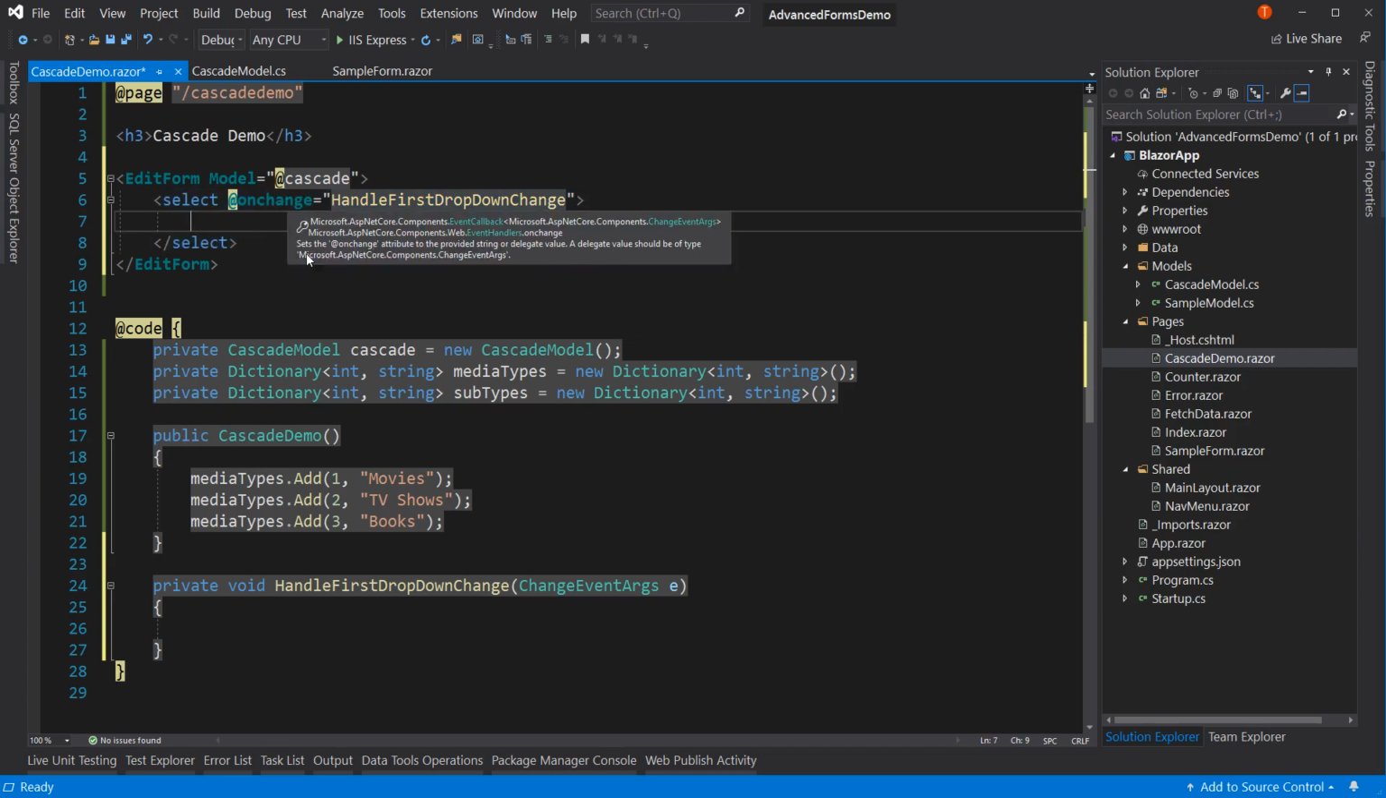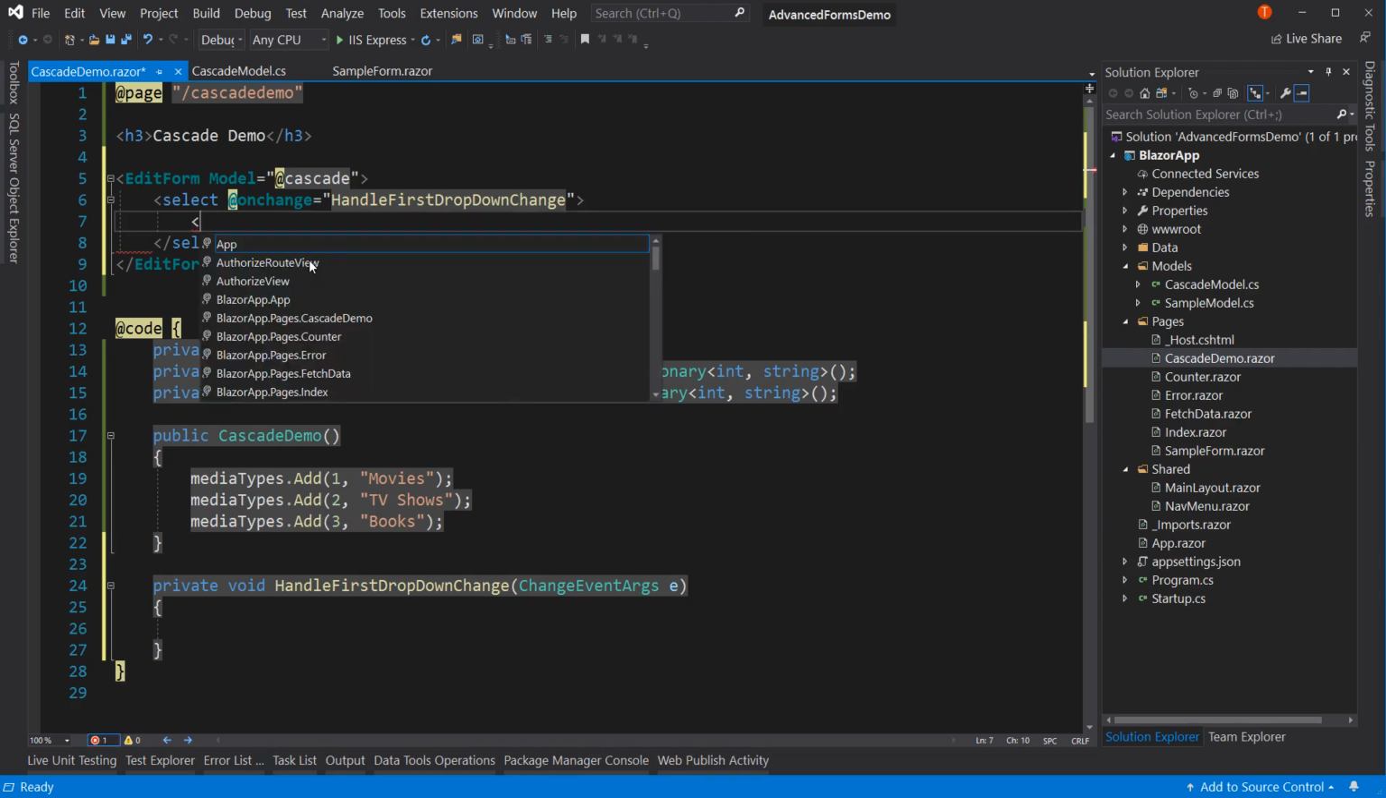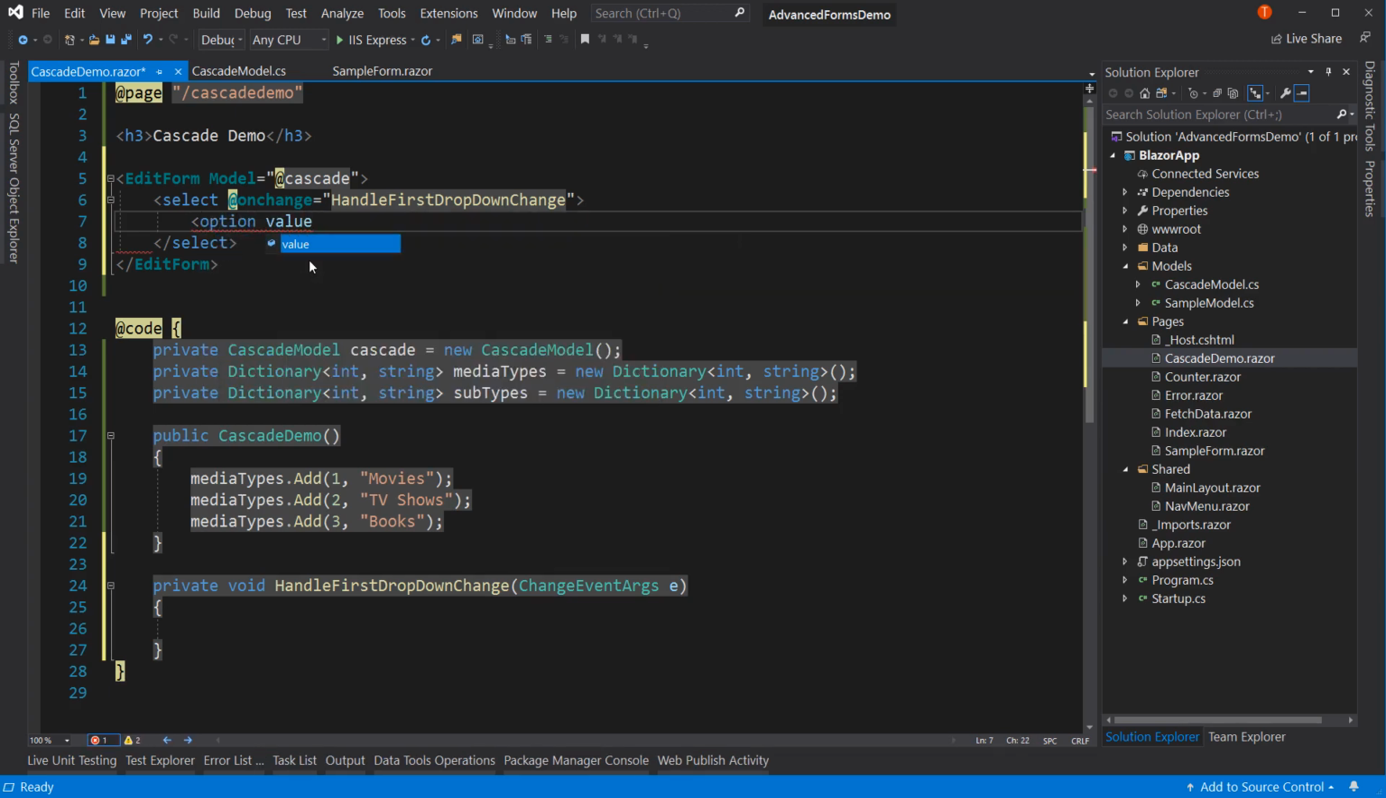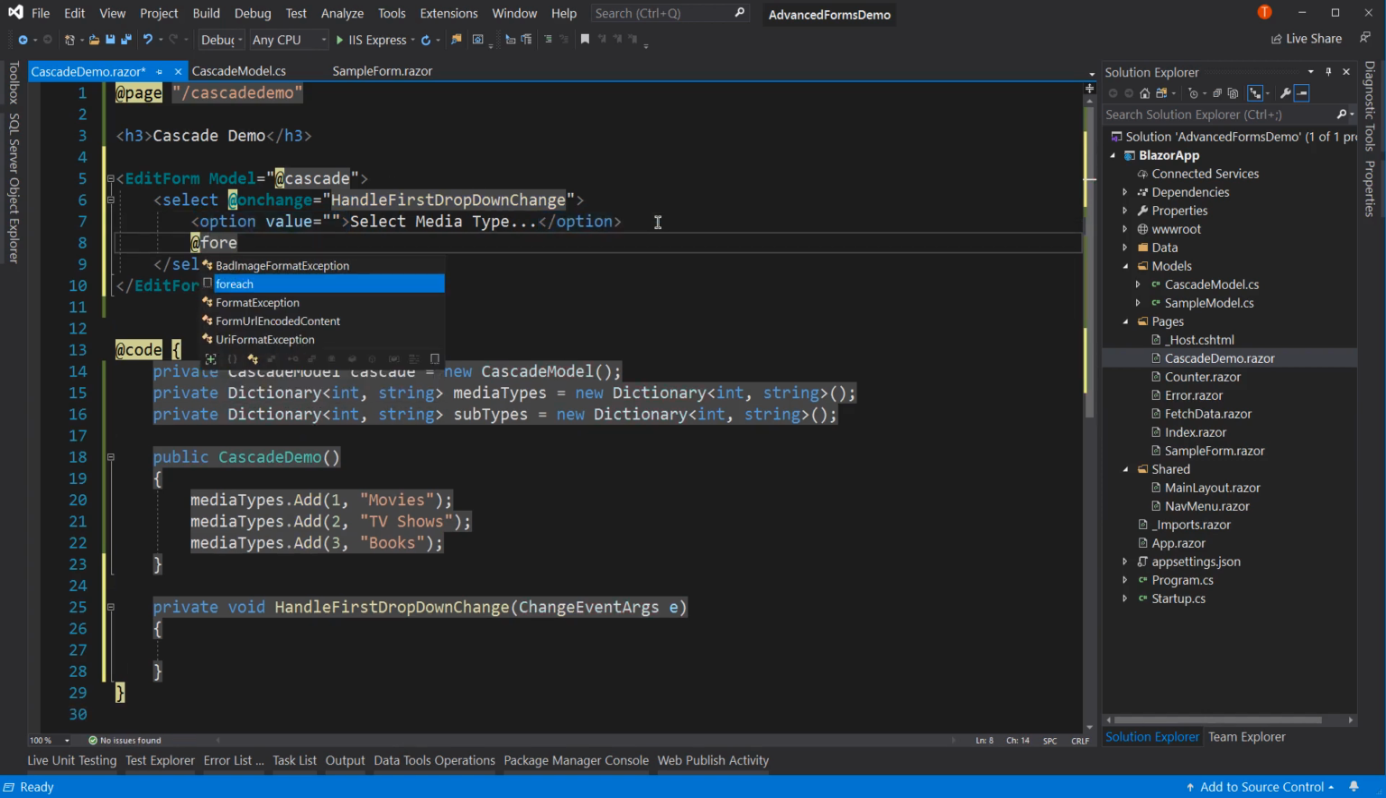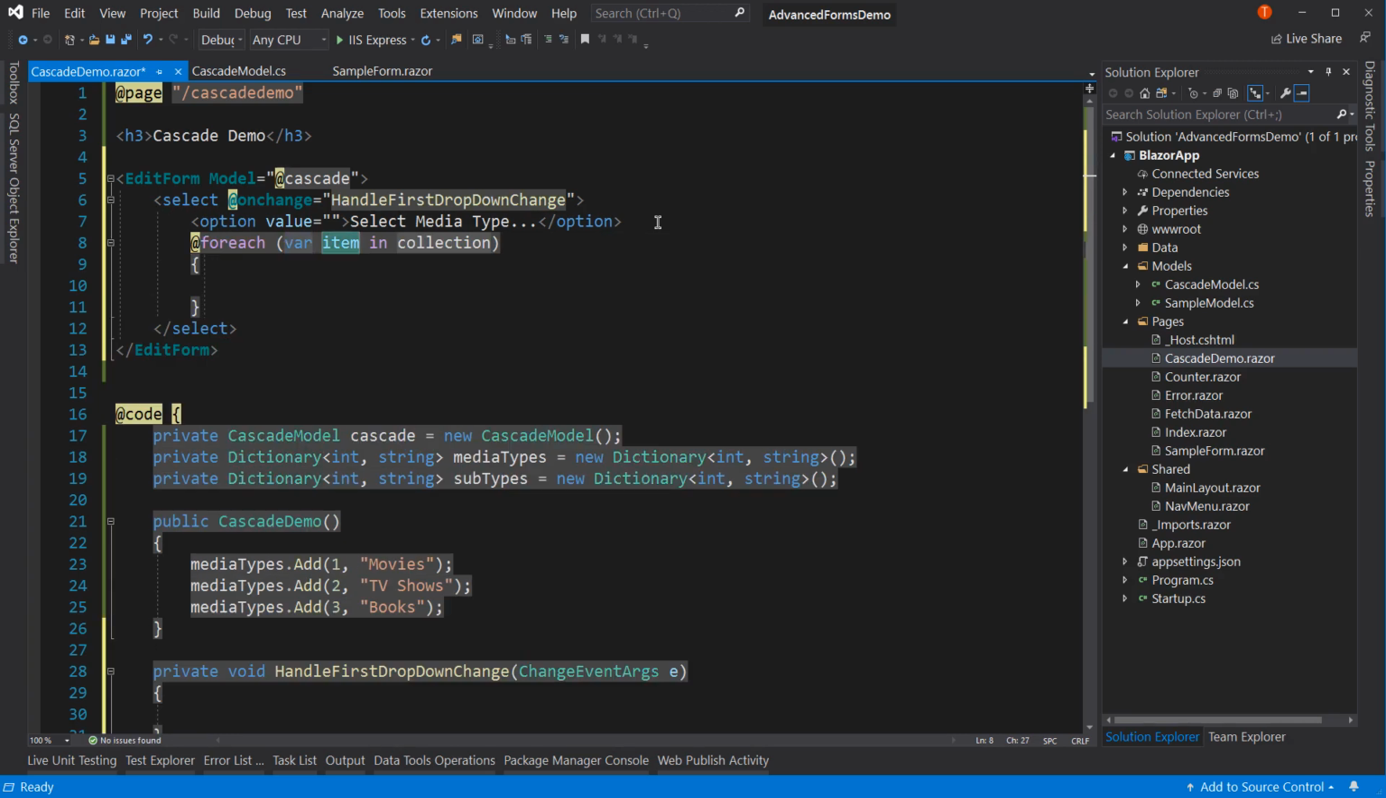Okay, so now inside here, we'll start off with our default option first. Option value equals, let's say 0. Actually, you know what? Nope, it's going to come through as a string, so that's okay. We're going to come through with an empty string, and we will say that the value says select. This is our media type. Select media type, something like that. And then we're going to do a for each loop. For each, and we're going to say M in